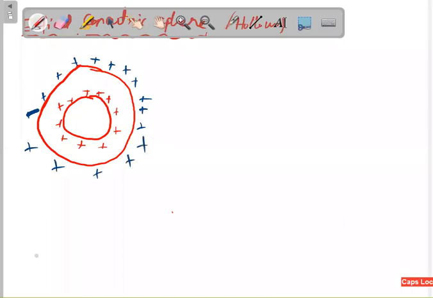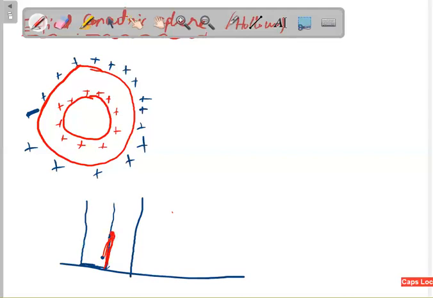Now what is the electric field distribution nature? As it is hollow, this is also hollow space only, with concentric shells and charges on the surfaces. The electric field is 0 inside the hollow conductor. But once you go here, there is some charge, and suddenly your electric field increases to some value.